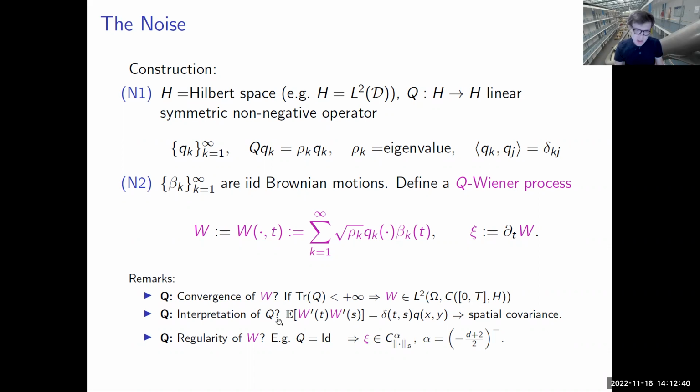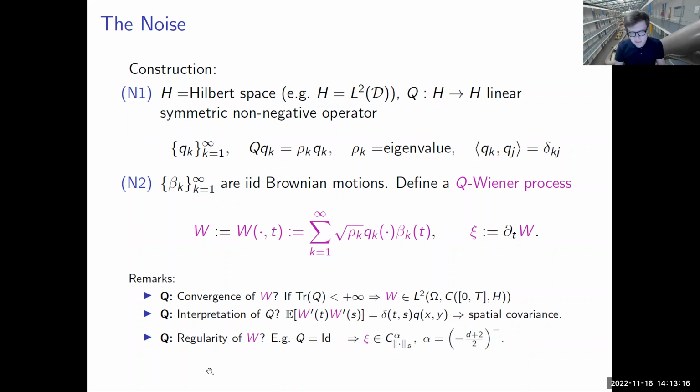So what's the interpretation of this funny Q? If you compute the correlation function of your noise, so of the time derivative, then you see that indeed you can interpret this Q as becoming, in the end, like a kernel. So you could specify Q via a kernel, little q. So this operator could be specified via that kernel. And then you can interpret Q as the spatial covariance. Lots of steps I'm skipping here, but roughly speaking, you should think that via specifying Q, you specify the spatial correlations of your noise. That's really what you are doing.